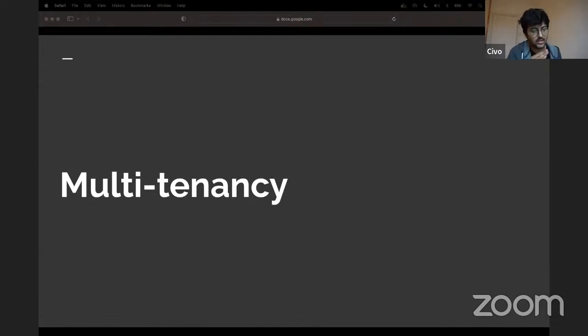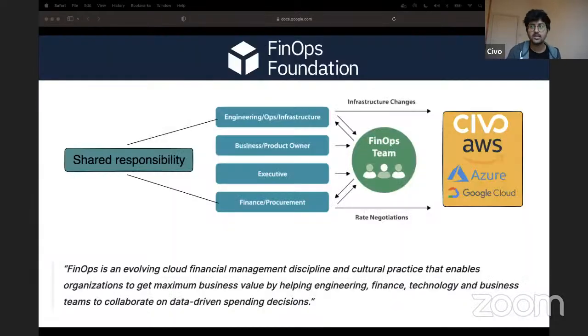Because a flexible approach like this is perfect for organizations that are growing rapidly, and especially as a provider, it simplifies management and saves time with multi-tenancy. So here you can see